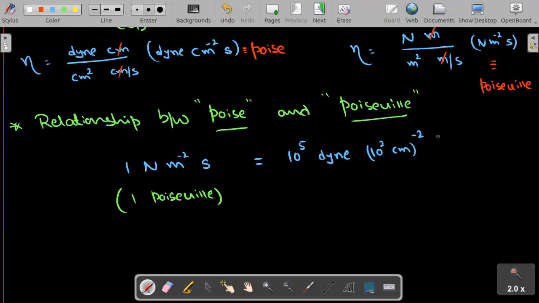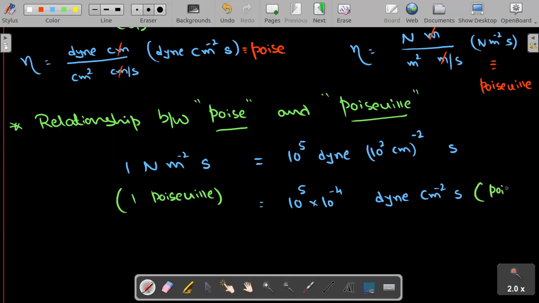Then what about the second? The second remains the same. Now write down the units at one place: 10 power 5, 10 power 2 whole power minus 2, which becomes 10 power minus 4, and second. So the units become dyne centimeter power minus 2 second, which is nothing but